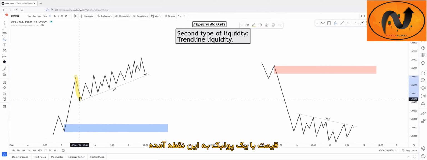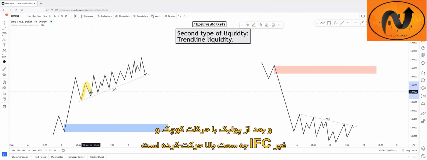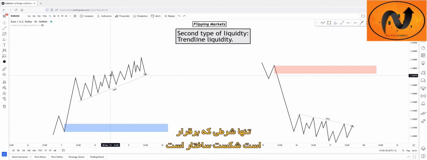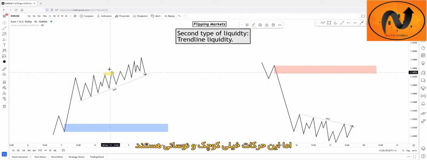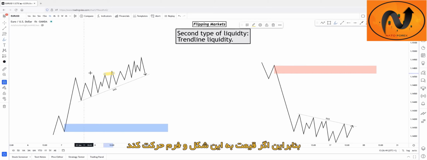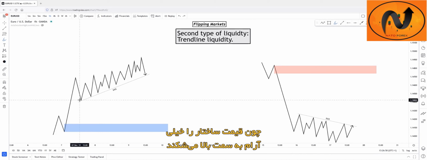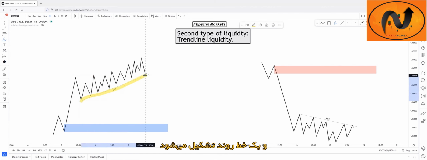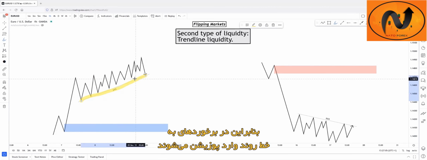Price arrived in this phase with a pullback. And after the pullback, price started to form small, efficient movements to the upside, small little breaks of structure, zero liquidity sweep. So the only criteria here is the break of structure, but those movements are really, really slow and choppy, and we do not like them. So if price turns into this phase, we will call this a liquidity trend line, because price is breaking structure to the upside slowly, creating new highs, new lows, new highs, new lows, and these new highs and new lows will form a trend line, because retail traders call this a trend line,